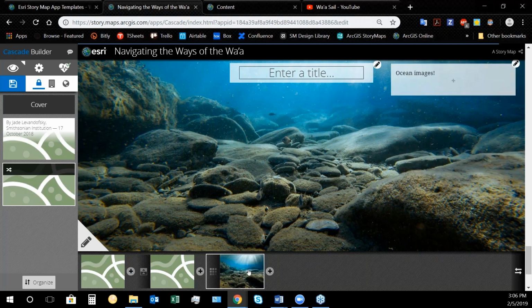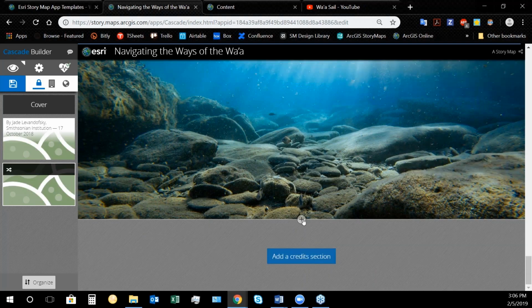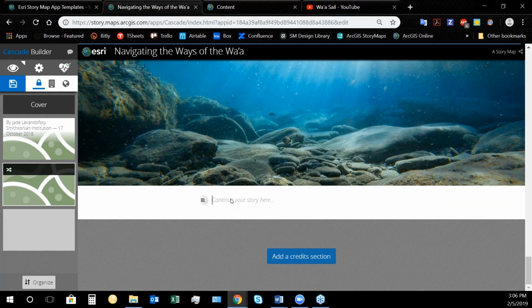All right, so now that that's out of the way, I'll go ahead and conclude this. Coming out of a narrative section, coming out of an immersive section, this will return to sort of your standard scrolling web page, you'll choose a narrative section, which will then appear with the white space again. And we always find that when you're building a story, you want to have sort of a call to action at the end, something that readers can do once they've come all the way through this narrative you've presented to them, and actually take another step.